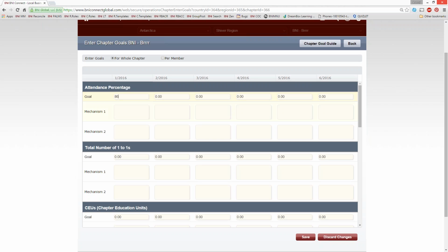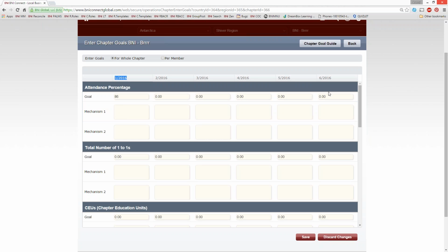And what I always find when we're coming up with these goals is, I started with January on purpose, and that's because we're in January right now. So we kind of know where we are. So when I'm establishing the goal for January, I'm really just putting in a realistic number of where I am right now. Now, the next easiest thing to do for me is to come up with, well, where do we want to be in 6 months? So where do we want to get to in 6 months?